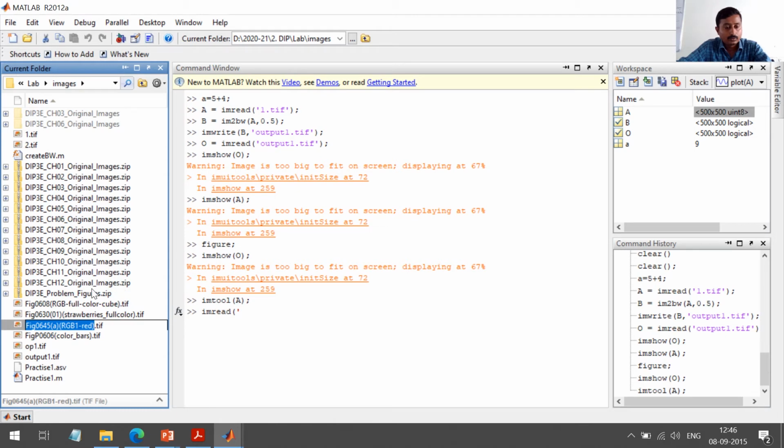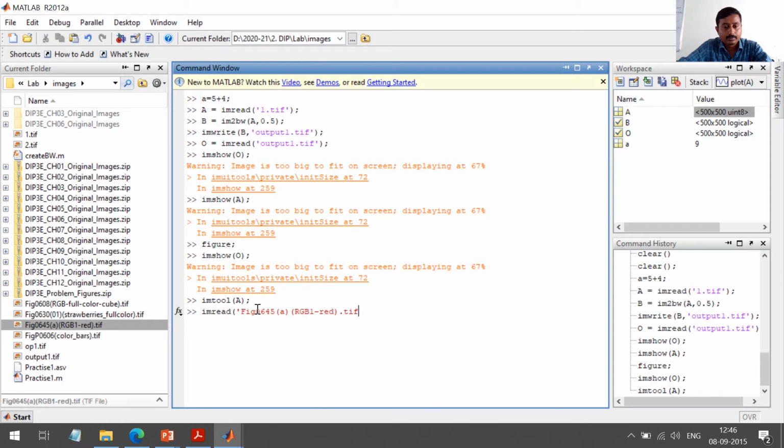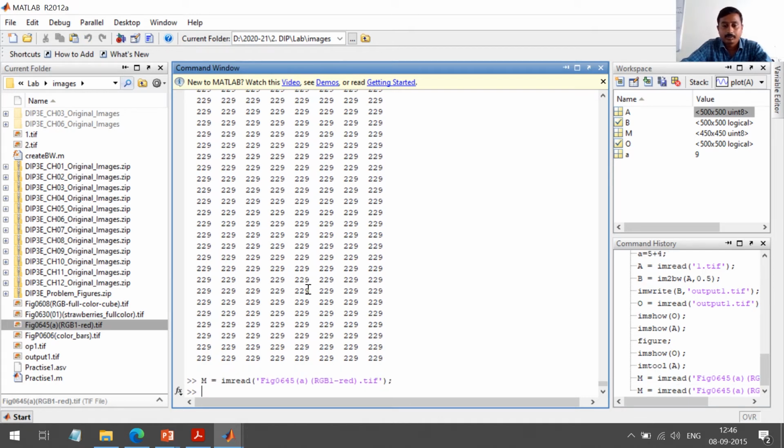I have to cache that in a matrix, so I will create one new matrix. I will call it capital M. Now I am not completing this command with a semicolon. Let's see what happened. It echoes the output of that command, and if I terminate with a semicolon, it just executes that command. So remember, you have to terminate a command using a semicolon, otherwise it echoes the output.